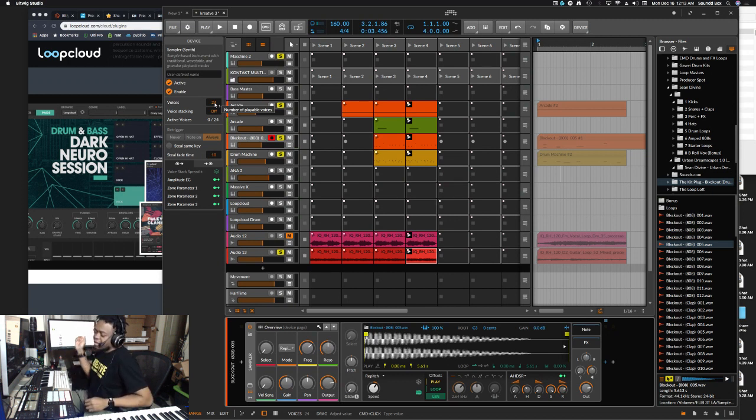Now in Maschine, as long as you're in the sampler, the audio sampler in Maschine, you can go in the plug-in mode, and I guess it's the first page, and then you have to change your voice settings to legato. So I guess in Maschine, there's a step involved to achieve the same thing here as well.